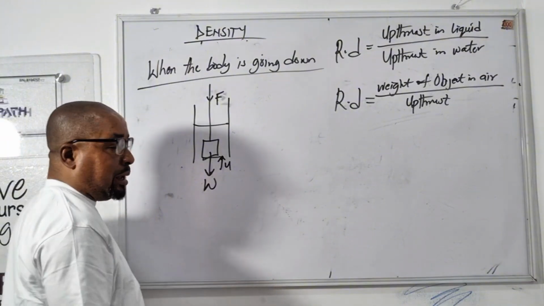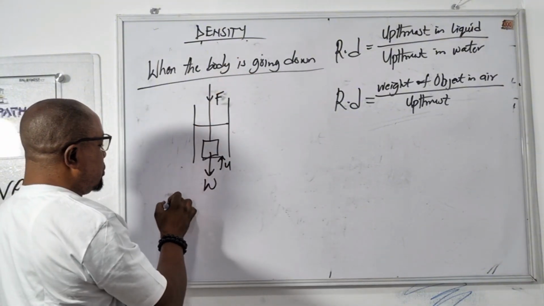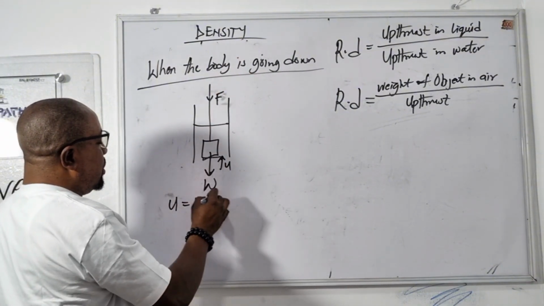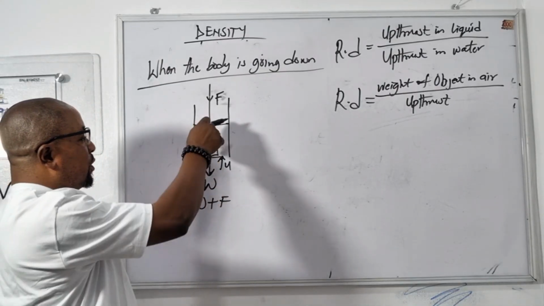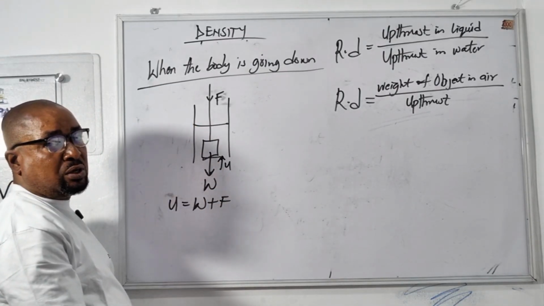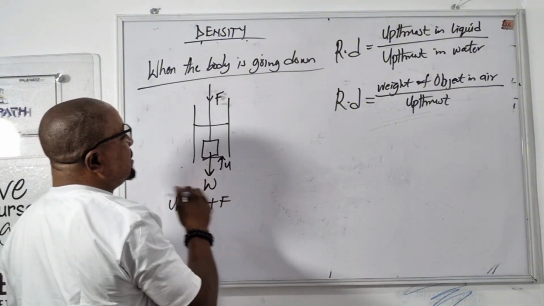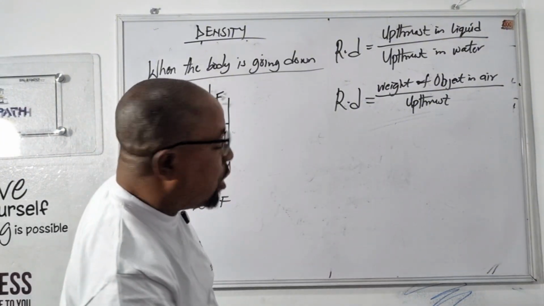The weight is acting down, but upthrust is acting upward. So upthrust will be equal to weight plus force, the force responsible for throwing this thing down into the water. Now, when we are pulling it upward,